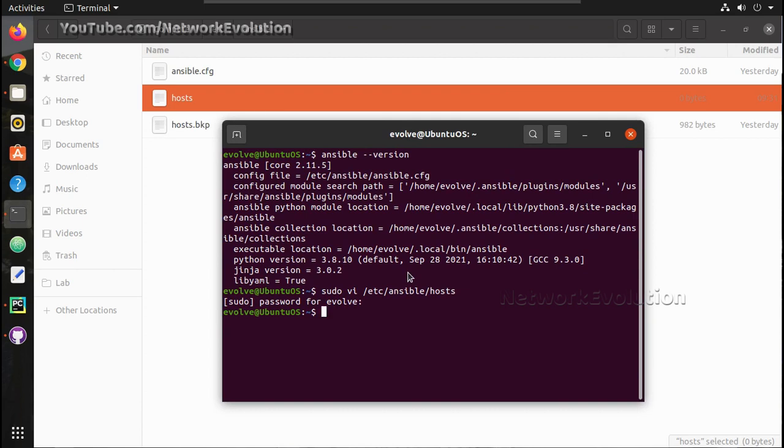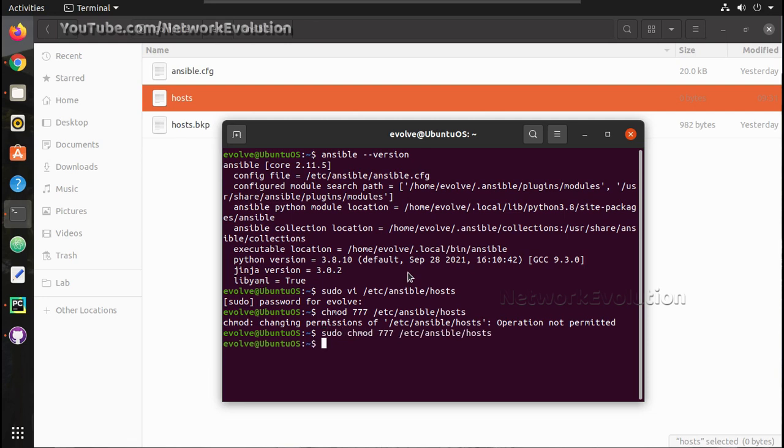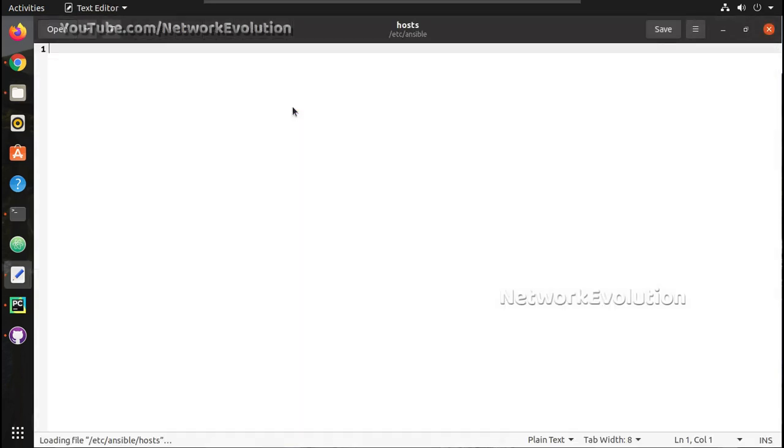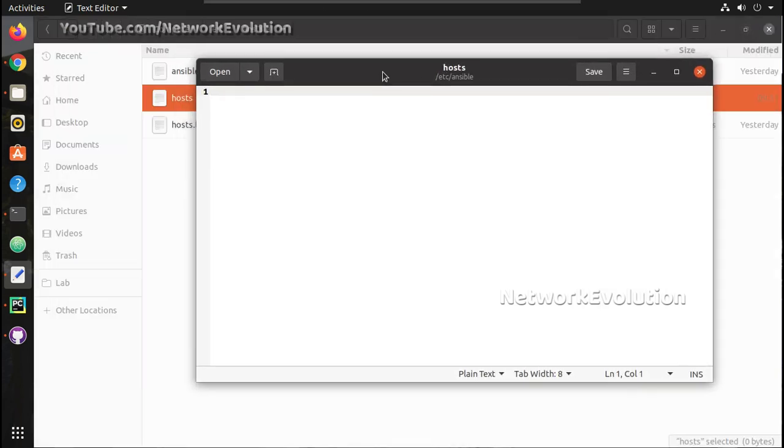So yeah, now I should be able to open it from this window and edit the file.